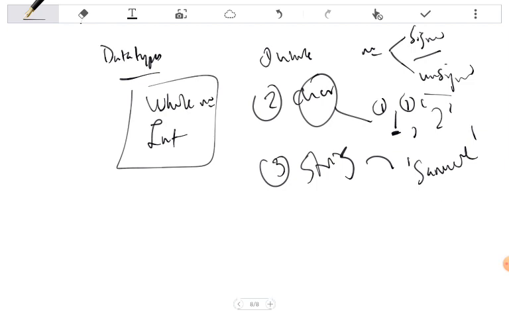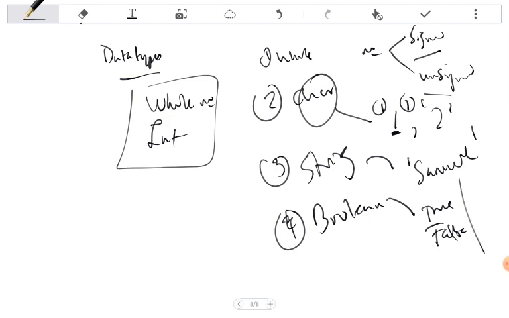Now another data type which is very essential is Boolean. It's also called different names in different programming languages. So Boolean essentially is true and false. Now typically these true and false, they have numerical representation. So its numerical representation is 1 and 0. Okay, there are other representations, on and off. Do you understand? But essentially Boolean value is true and false. I hope that's okay. Now let's proceed.